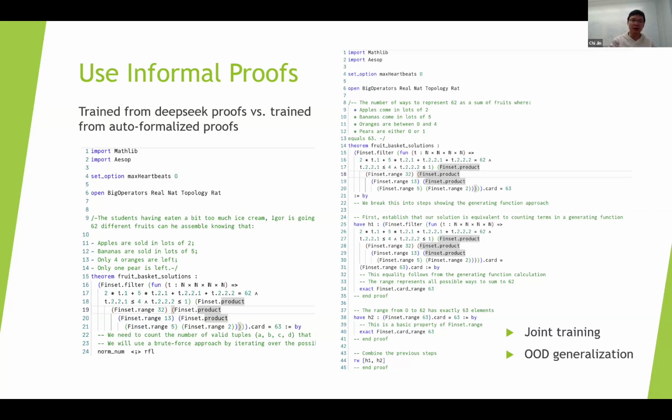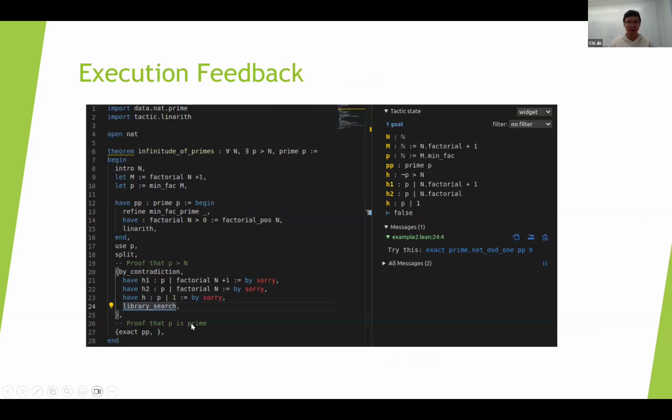The other thing is that we also find this longer style proof, the auto-formalized style proof, has a bit of a problem with OOD generalization. For example, they train on the Numina data set, and then when you generalize to miniF2F, there is a slight distribution shift, and the performance tanks a lot more for this auto-formalized proof. Maybe it's because longer is more complicated than the short and succinct style proof.